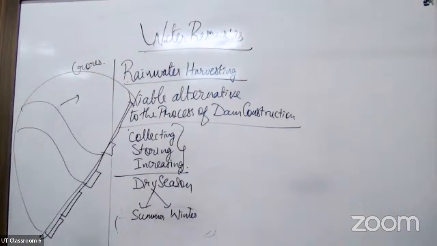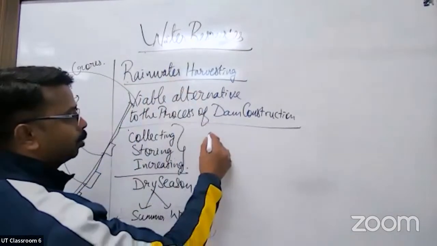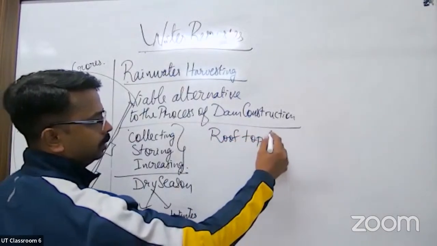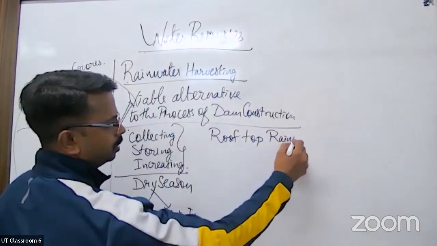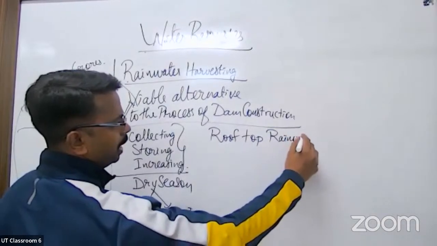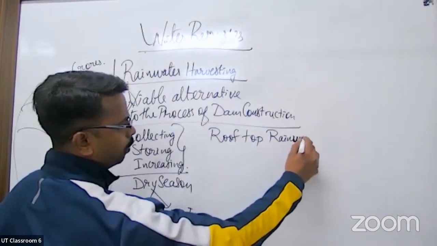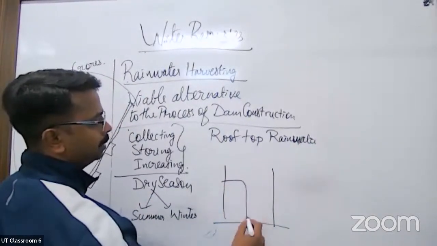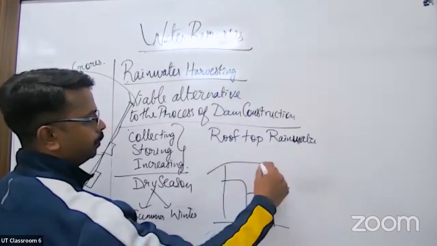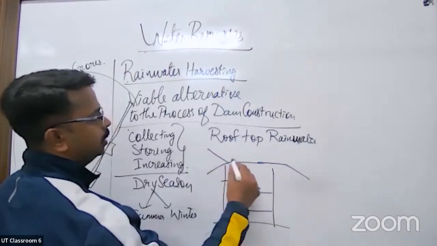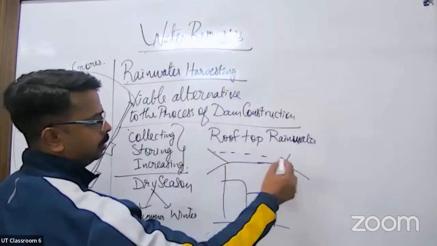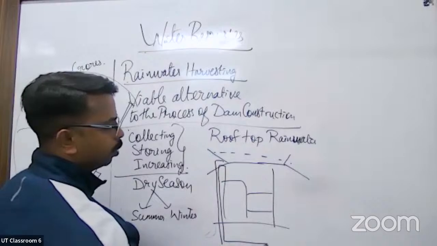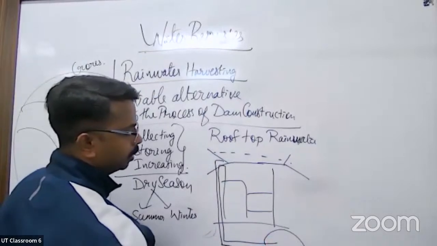Correct. So now the most popular method we are going to understand is rooftop rainwater collection. This is very easy, and as compared to a dam, there is no displacement of common people, there is nothing. So whenever we have buildings, the high rises, you understand what I'm saying? The rooftop with the terrace, they have to collect this water. Now they are going to use plastic pipes and pass this to the aquifer or underground area.